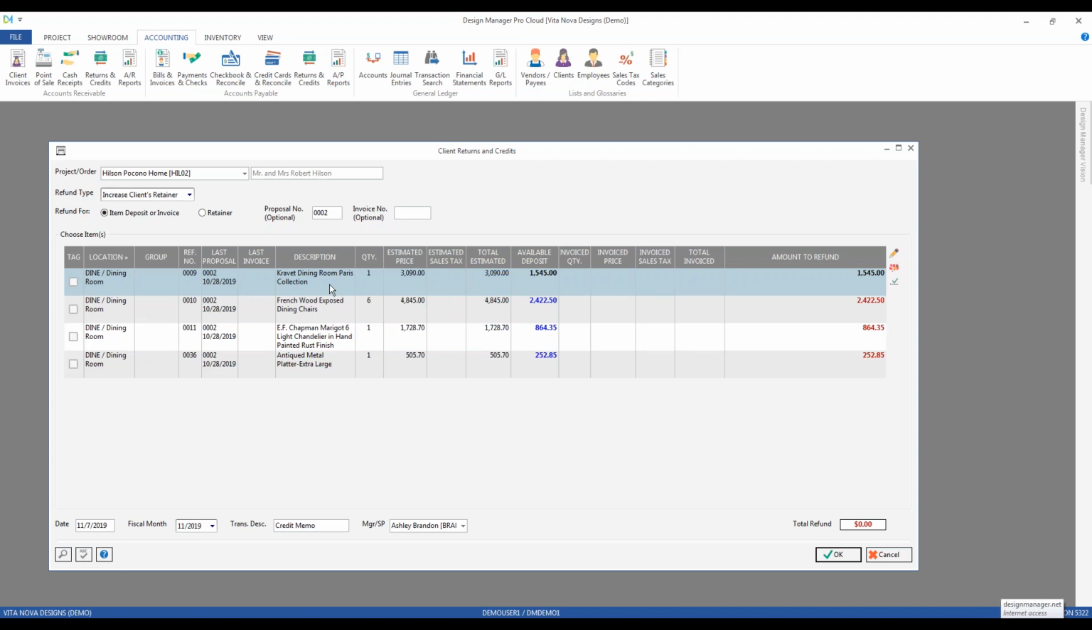If I want to refund this, very easy. I could just select or tag it. Design Manager is going to start calculating the total refund for me in the bottom right-hand corner. In the bottom left, I'm going to process this transaction. It's going to default to today's date, the current fiscal month. Transaction description defaults to credit memo, just to have something for you, but you could, of course, change that. Return end table,